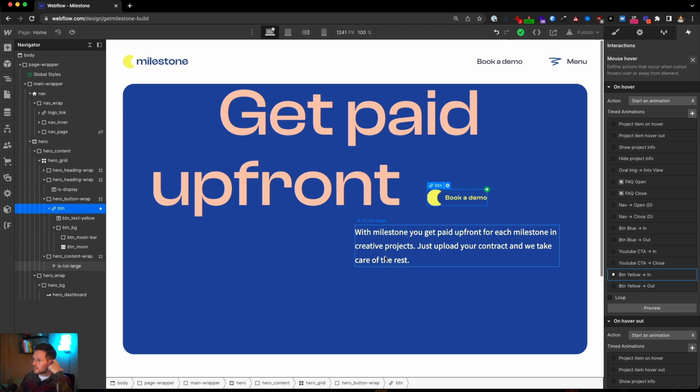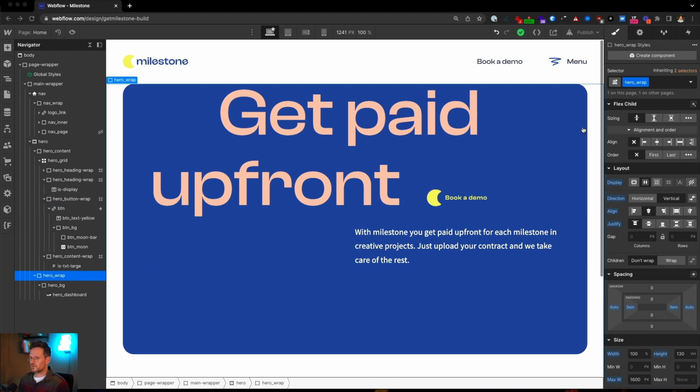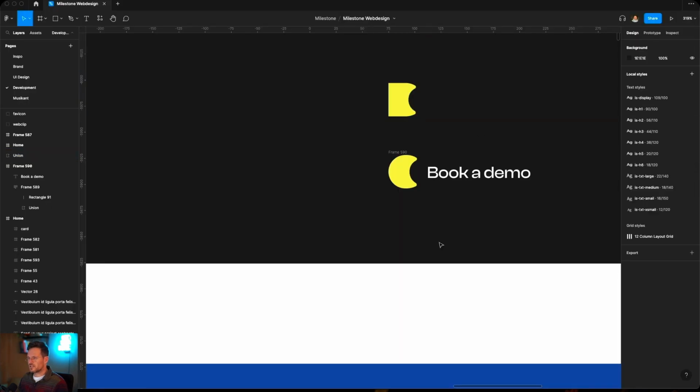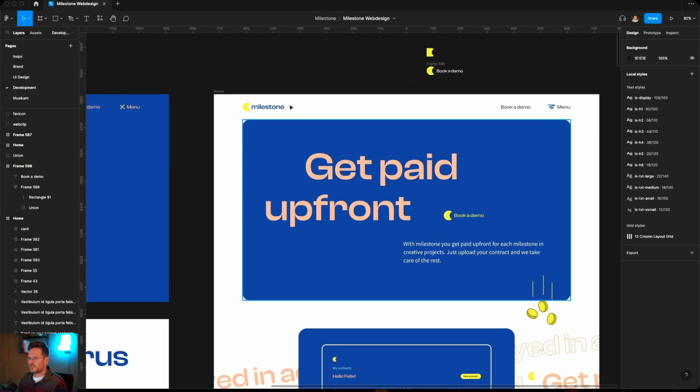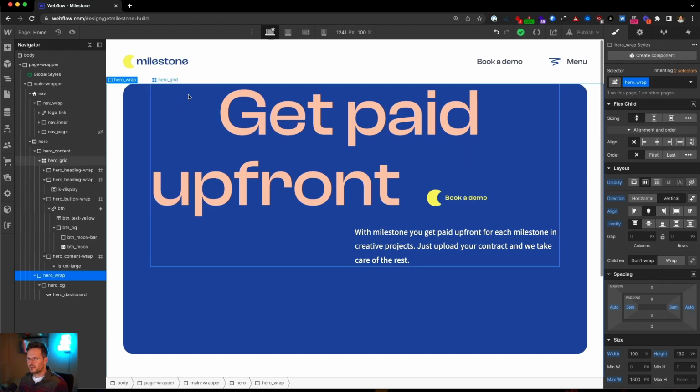And yeah, let's finish this hero. So one thing I've noticed is that when you go back to Figma, you can see we also have some padding here at the top and at the bottom. Currently, our hero doesn't match that. You can see the text is here on the top. And if I go to the hero BG, you can see that we gave this one a height of 80 viewport height.